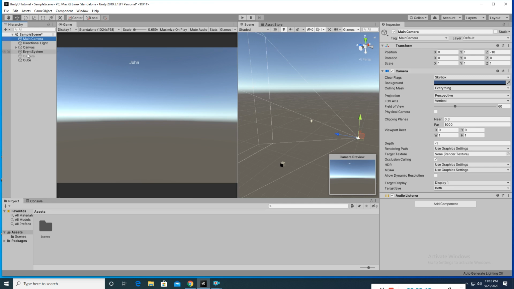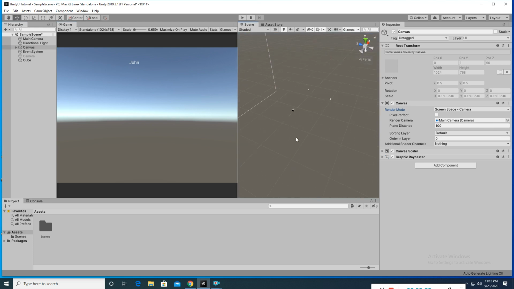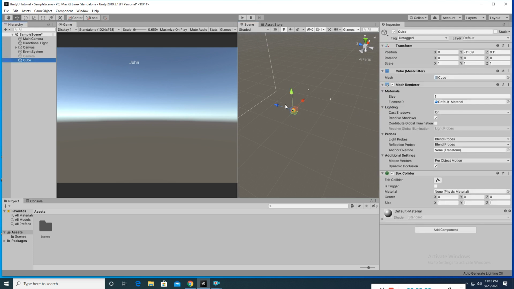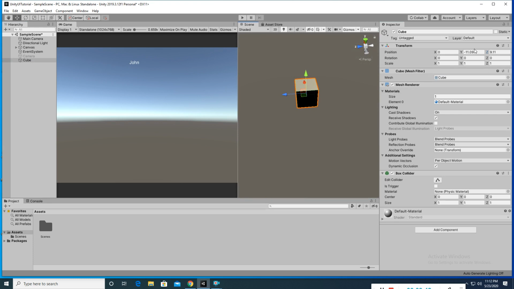For now I'm telling the difference with respect to world space. If you know, in Unity, whatever object is in the scene is with respect to the world. So this cube I created, in the world space its position is 0, -11, and Z's position is 9.11, like that. So with respect to world coordinates, its position is like that.